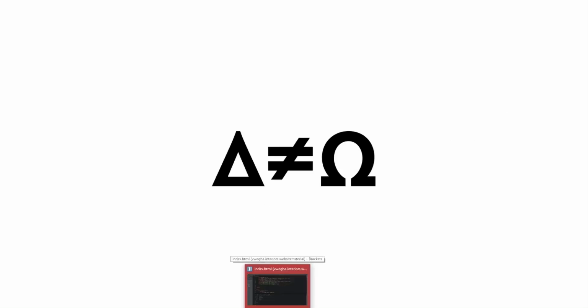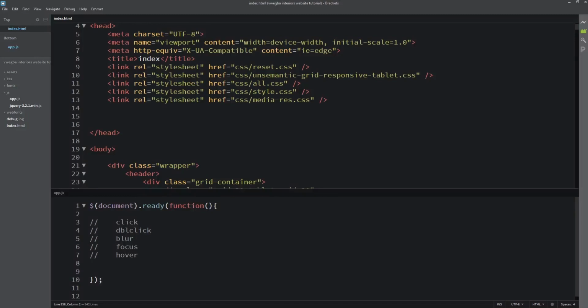So in one of our previous videos, we talked about event binding and explained what events are all about. For this video, we'll talk about event helpers. These event helpers are just the methods jQuery provides for us that we can use to handle different types of events. I already listed some here, and we're going to talk about all of these in this video.